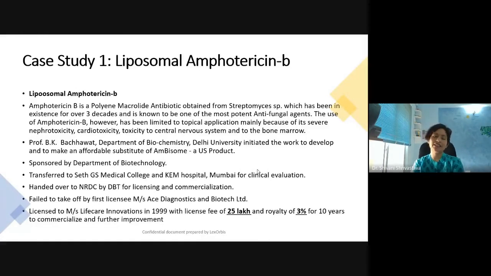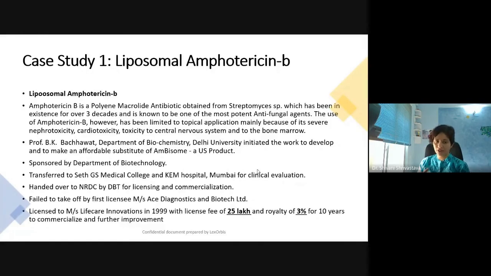Once the research was done, this was transferred to GS Medical College and KM Hospital, Mumbai for clinical evaluation. Once the clinical evaluation was done and they had the final product after the clinical trial, the Department of Biotechnology who funded the project handed this over to NRDC,